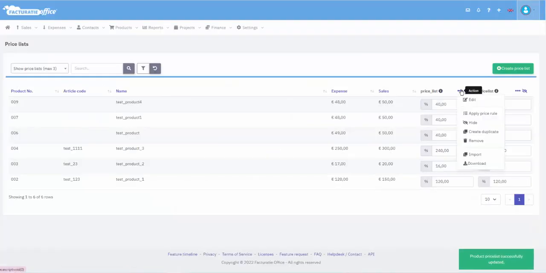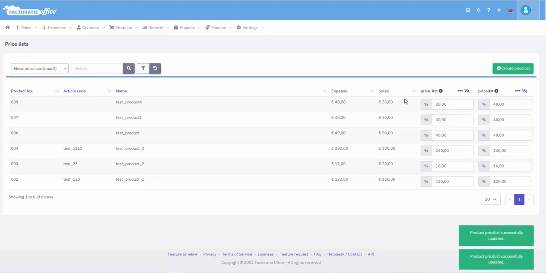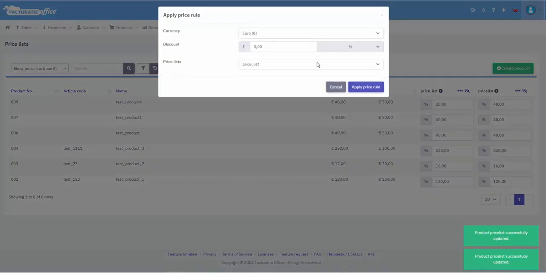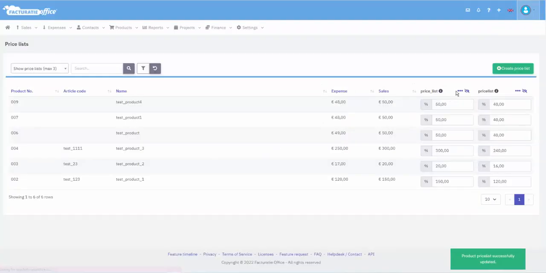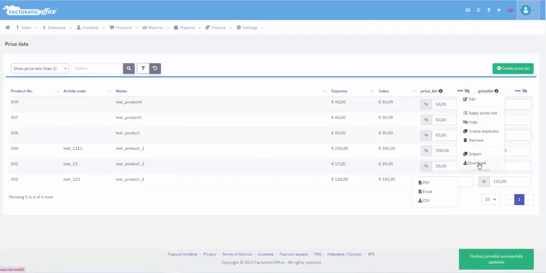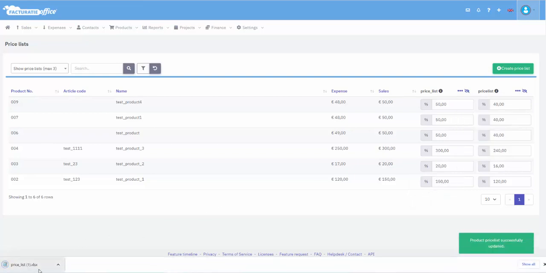If you want to modify the price of a particular product in your price list, simply click into Input box and enter the price you want. You can also apply a price rule to adjust all product prices in one go. Or you can download the price list in Excel file and then import this Excel file after modifications to update